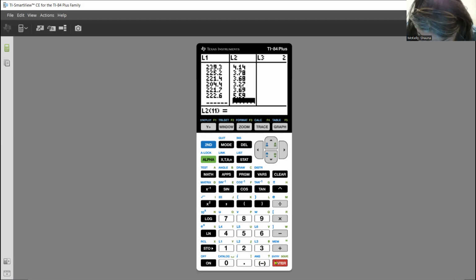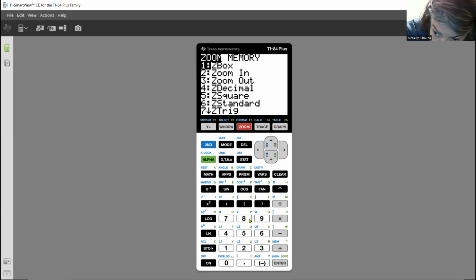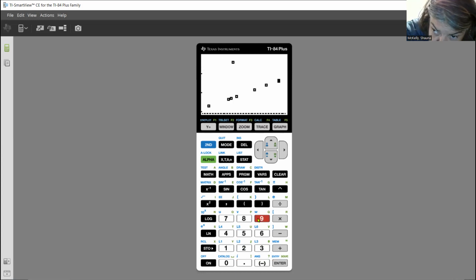Now, I'm going to set my window here. You can use the Zoom 9 feature if you want. You can also set your window screen. I'll use the Zoom feature, Zoom 9 for ZoomStat. And I end up with this group of data points. And we have an outlier out here. You can see that this point here at the top of your data, this point here,